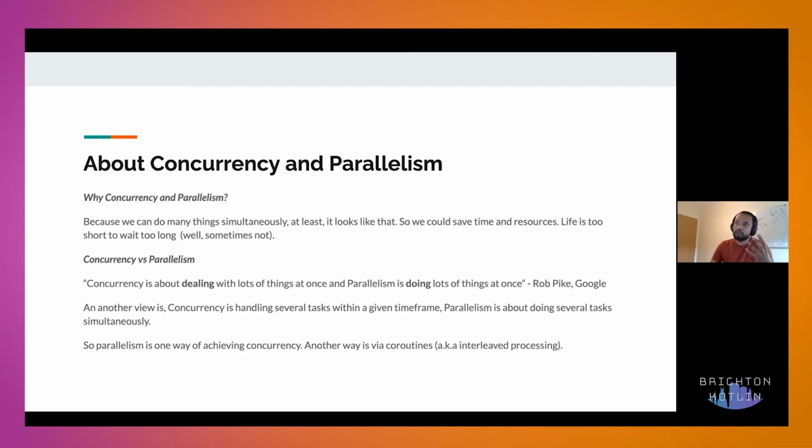That means we can do concurrent programming with a single thread, but we can't do true parallelism that way; we have to have multiple threads and multiple processes running. Single-thread concurrency you see in JavaScript or Node.js, which is event loop based concurrency. Parallelism is one way of doing concurrency, and another way is doing it via coroutines. Coroutines are also known as interleaved processing.